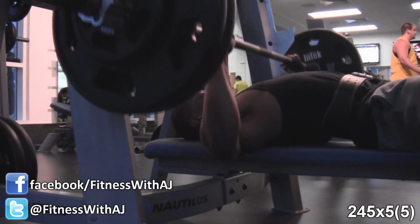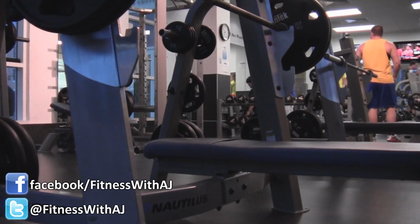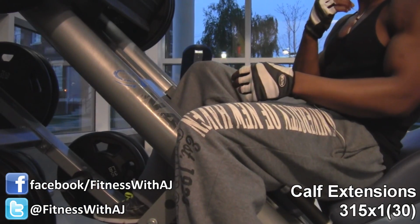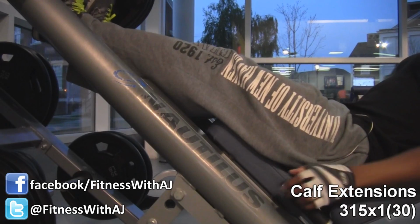And there we go. Last rep. And we are done with bench press. And we're going to be moving on to calf extensions. Now, for my calf raises, or calf extensions, because I'm extending, I'm not really raising myself up, I did this